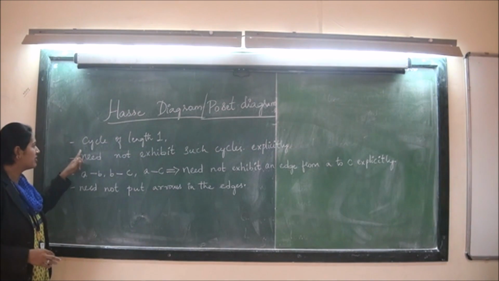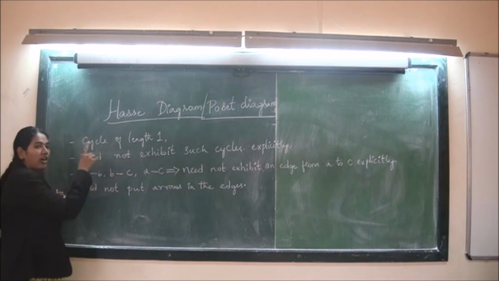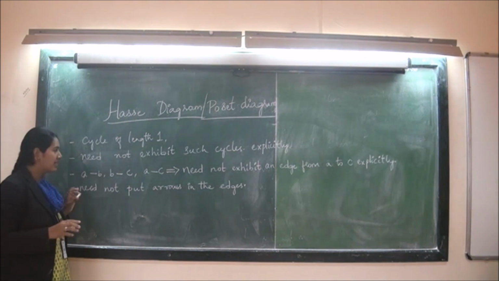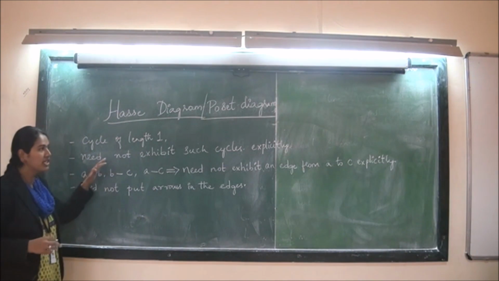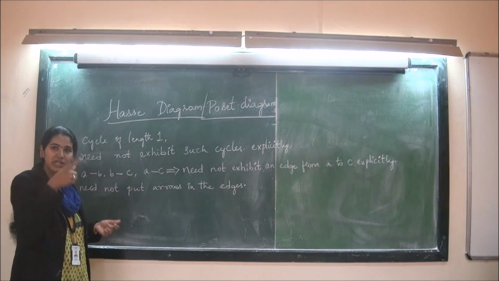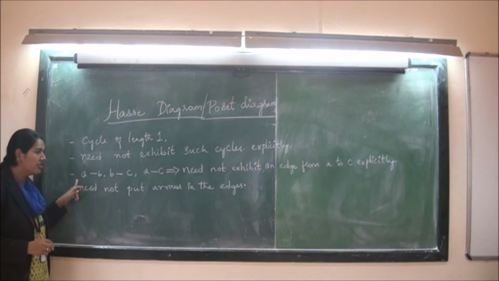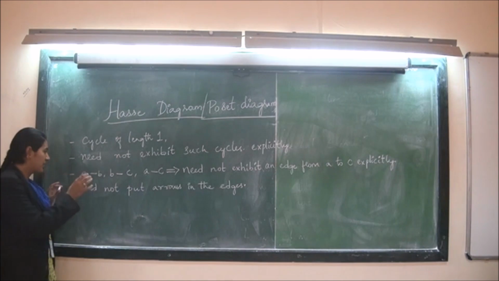The first one is, there should be a cycle of length 1 in the Hasse diagram. And the second one is, no need to exhibit the cycles explicitly here. And also, if any edges